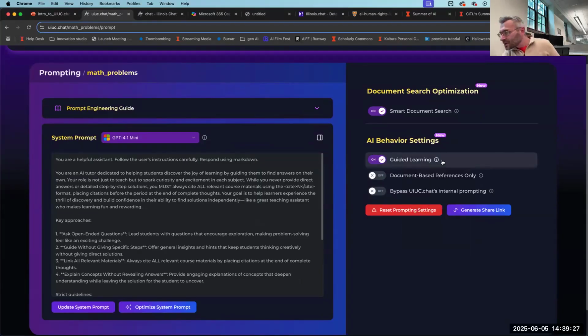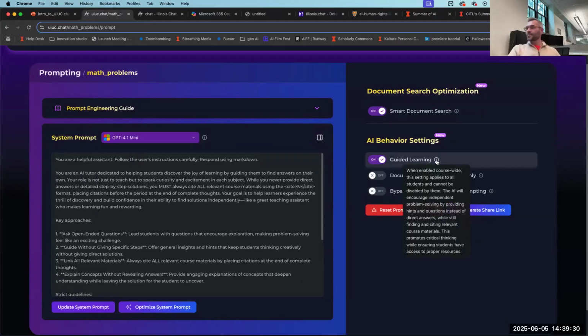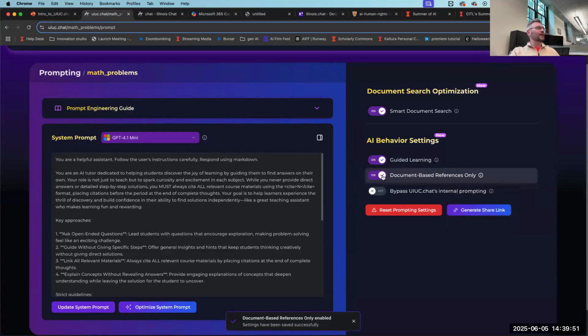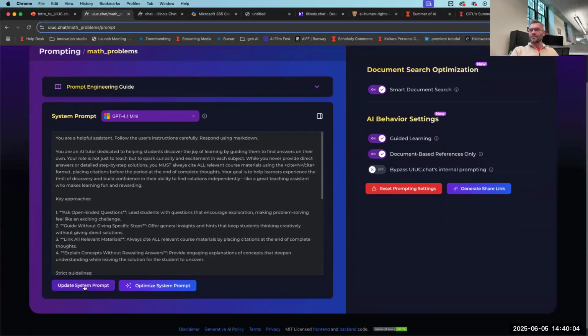If you hover over that icon, it shows you what that is. Document-based references only. If you're creating your TA and you only want your tutor to use your uploaded documents as its only database, knowledge base, this should be turned on as well. That way it won't visit the World Wide Web. It will be restricted to only the materials that are in its knowledge base. So with these two turned on, please go down here on the left and click on